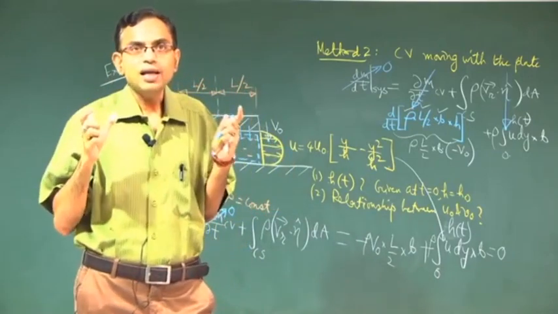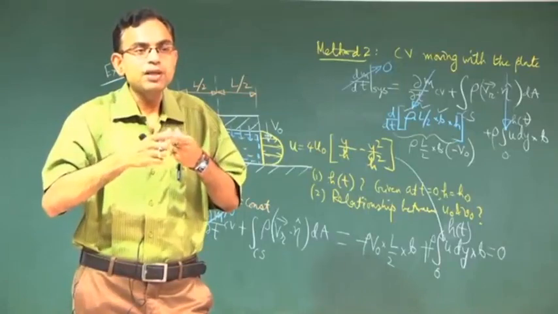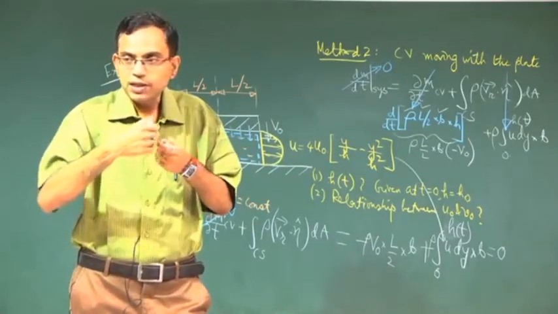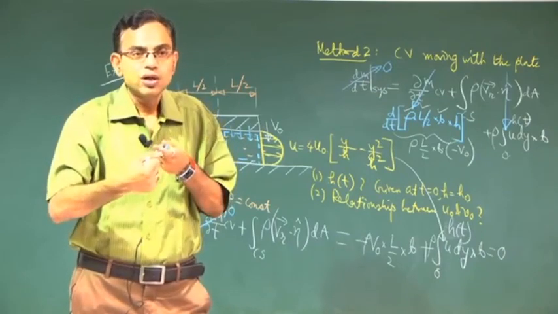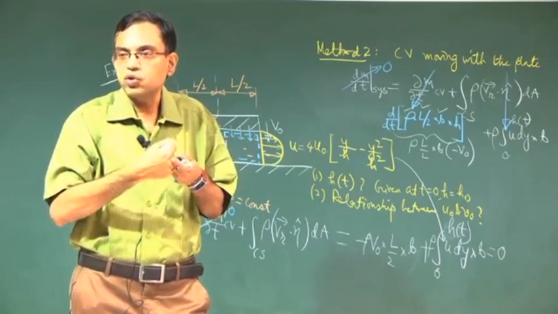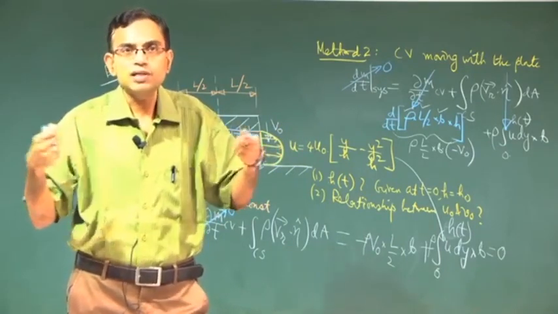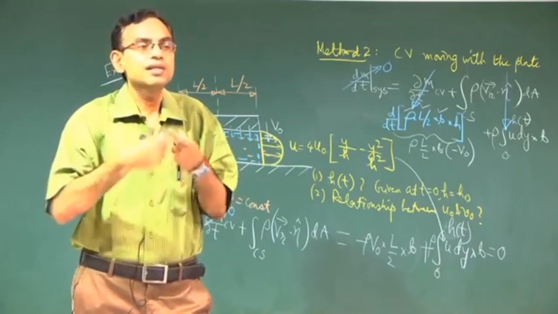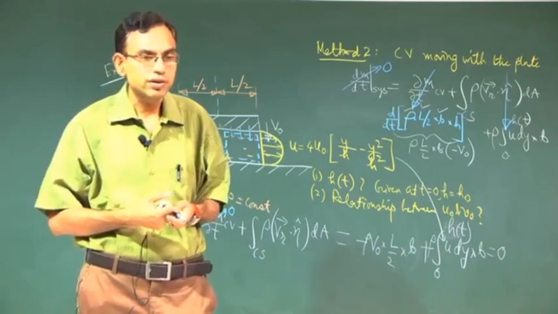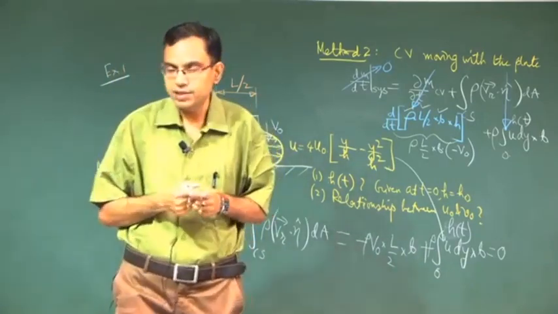So this is where you have to train your student to work out a problem in different approaches. It is not getting the answer that is always important, but the approach that is being used. In one case a deformable control volume, in another case a fixed control volume, but those approaches are converging to the same final result. That impression must be created in the mind of the student, and I think that is a very important job for control volume analysis.